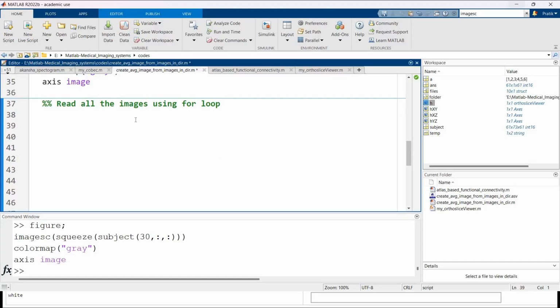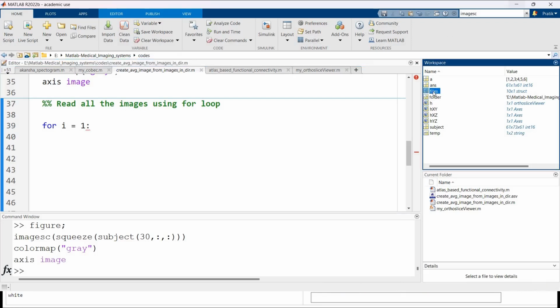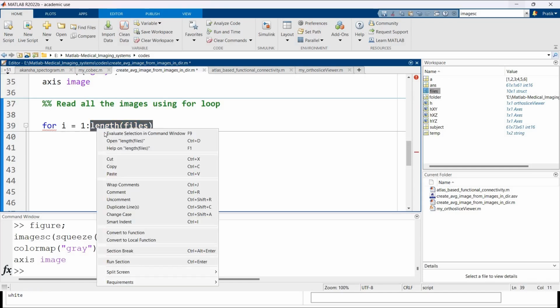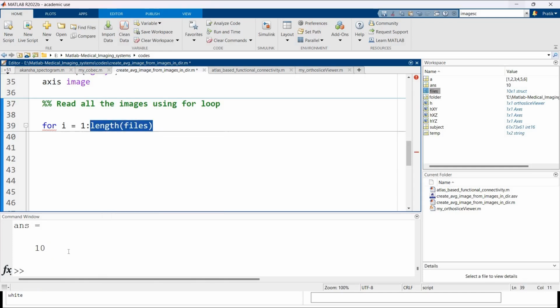Cool. So now what we'll do is we'll read all the images using a for loop and then compute the average. So a for loop is for lazy people who don't want to write things again and again. So the I will go from 1 to the number of images that I have, and I know that all the names of my images are in the variable called files. So what I can do is I can just type length of files. Length of files will give me the number of images that are there in the file. So you can see 10 over here. So I goes from 1 to 10,